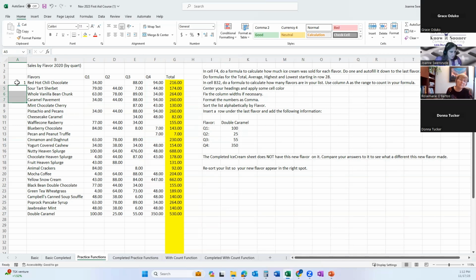Okay, I'm going to show you two ways. I'm going to show you one way with autofill. You do the 1, and how many are we talking about here? Do you have a lot or not? While you're thinking about that, I'm going to drag the 1 with my black autofill cross. I typed a 1 and I drag it, and it gives me a whole bunch of 1s, and you're like, Joanne, that is not what I wanted. Hang on. If I click on the little icon at the bottom, which always appears when you autofill something, I'm going to go fill series.